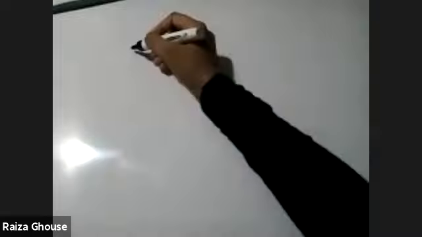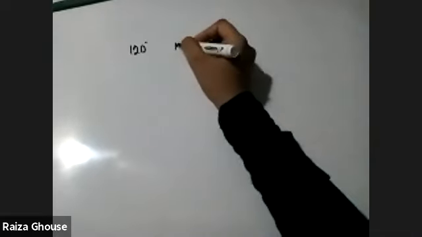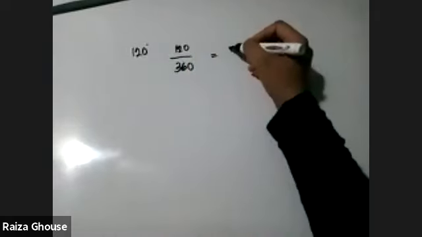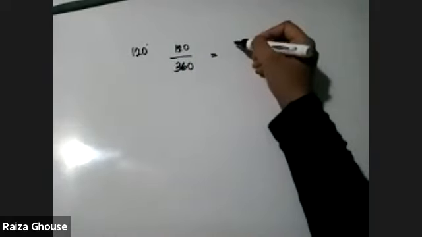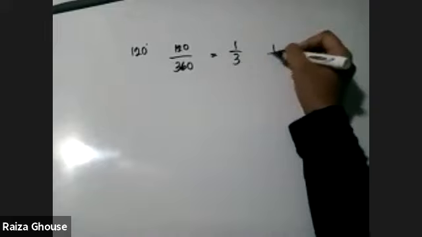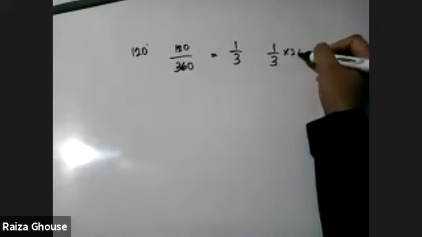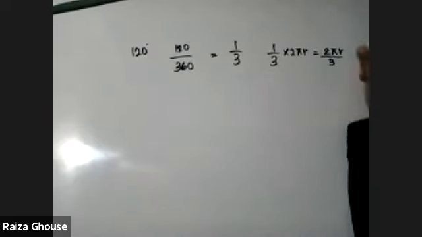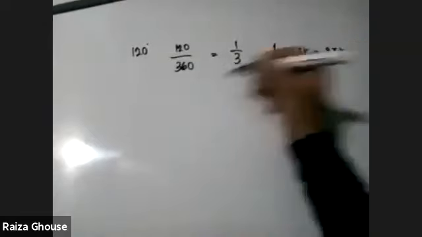Okay, it's time-taking, so we'll do it together. 120 degrees, simplified form is 120 upon 360, that is 12 over 36. What do you get? 1 over 3. So arc length is 1 over 3 into 2 pi r, that is equal to 2 pi r over 3, or 1 over 3. That's fine. This one's also fine.